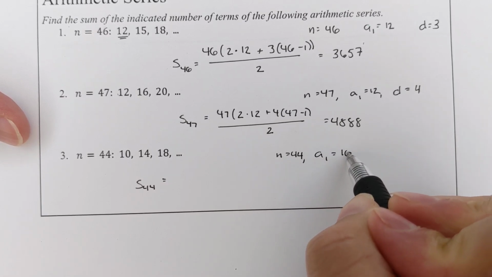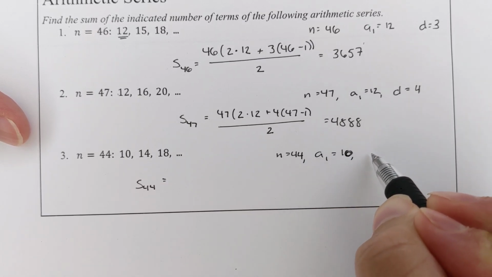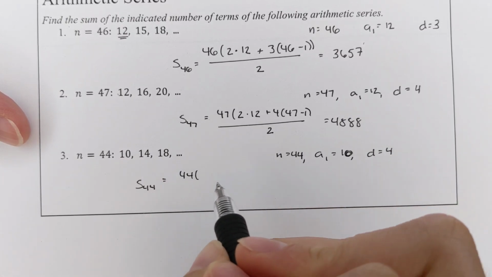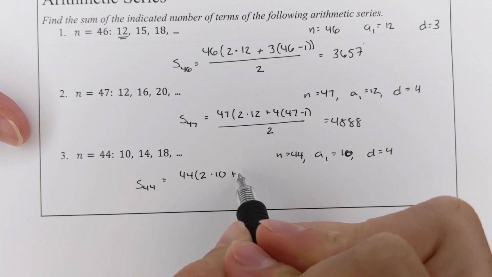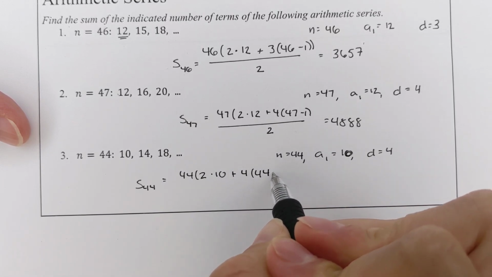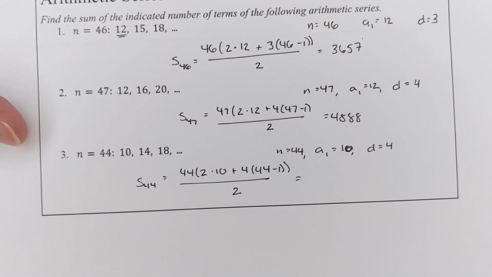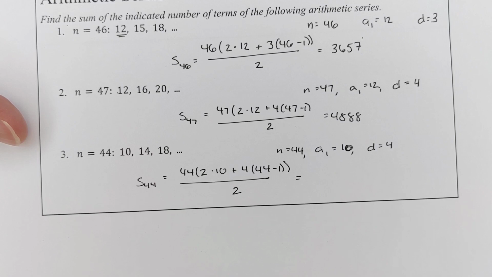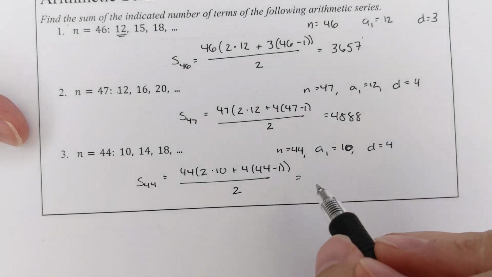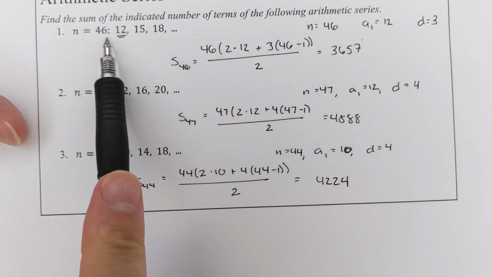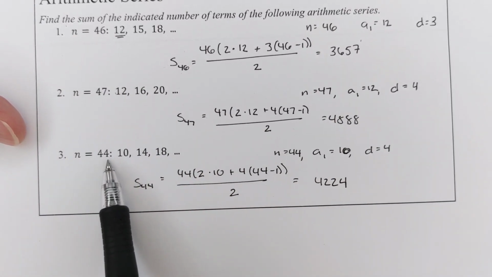A1 is 10. Well, it looks like 16, 10, and the common difference is 4 again. So 44, 2 times 10 plus 4, parenthesis, 44 minus 1, 2 closes, divided by 2. So 42, 24. Now be careful, it's not asking for what the 46th, 47th, 44th number is, it's asking the